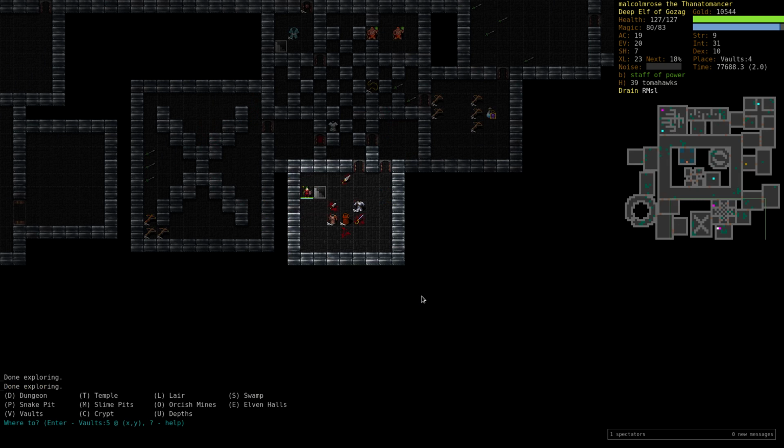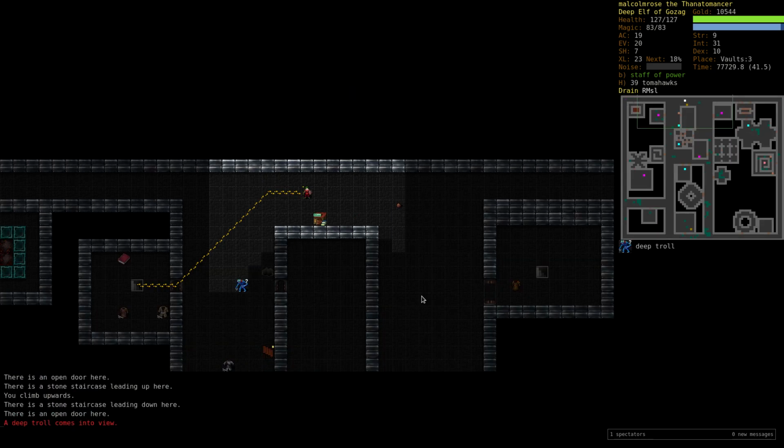So that's vaults. We cleared out slime, we cleared out vaults. Only 30 minutes in, so we can go ahead and do depths. We could also do crypts if I wanted to, and I think I actually...